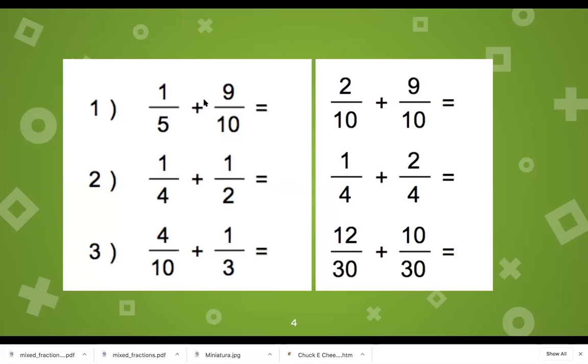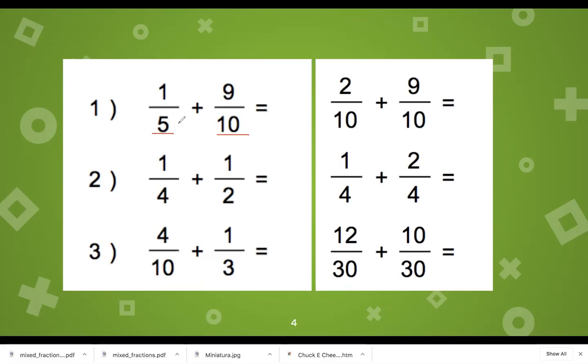I have 1/5 plus 9/10. Now we cannot just add fractions the way that we did when the denominators were the same. We need to take a look at the denominators and see how they are related. So I have the numbers 5 and 10 on the bottom, and I know that 5 times 2 is 10, so 10 is a multiple of 5. When I go to find common denominators, I'm really looking for common multiples between 5 and 10. And so I know that 10 is a multiple of 5 and 10 is a multiple of 10 because 10